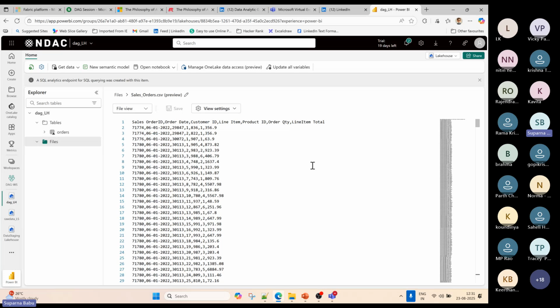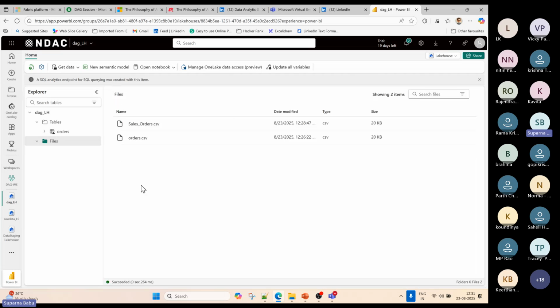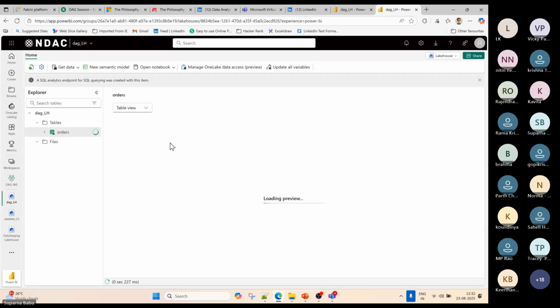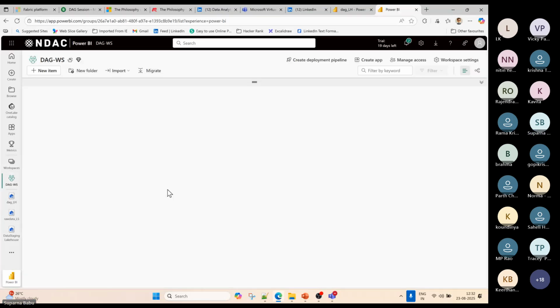Okay, Microsoft Fabric is not allowing me to load the sales orders. It's against me, okay, no problem. Let me try another way. Let's go to the workspace. Let me take this duplicate tab and go to the DAG workspace.